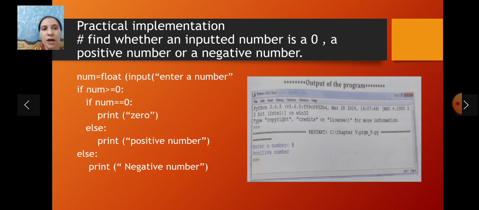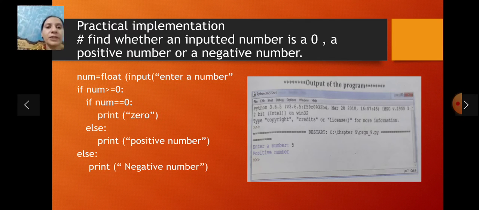Now the practical implementation: the program is to find whether an inputted number is 0, a positive number or a negative number. So we have to check whether that inputted number is 0, a positive number or a negative number, meaning we have to judge three things. First of all, we take a variable num and input the value into num from the user using the input function.